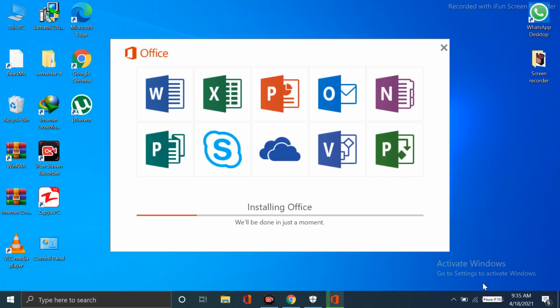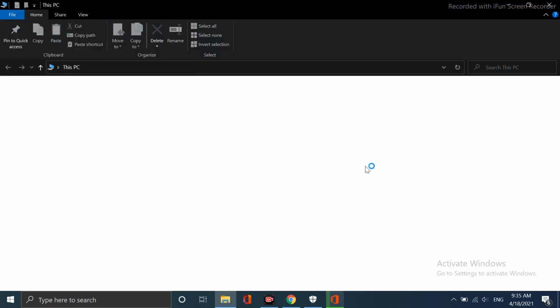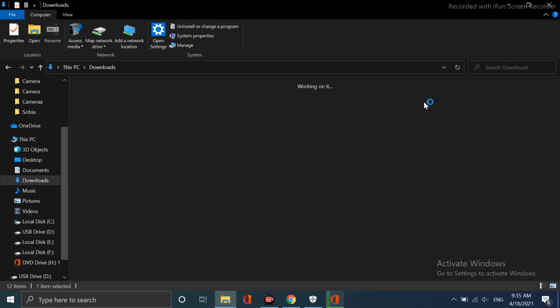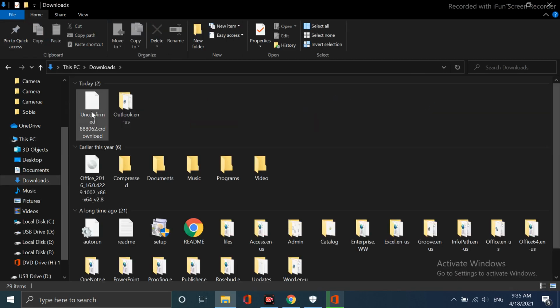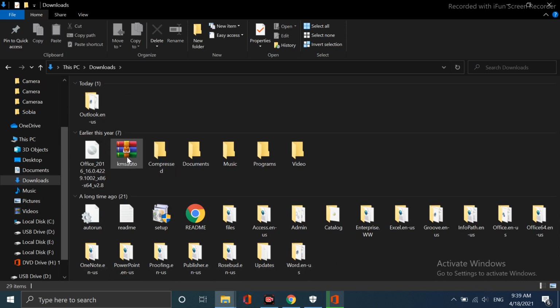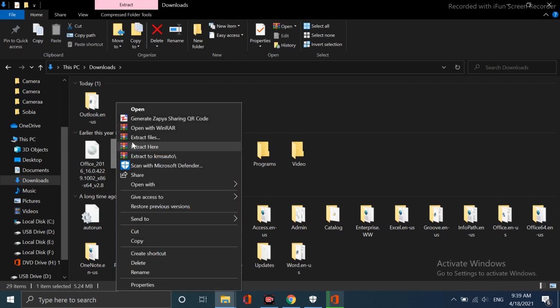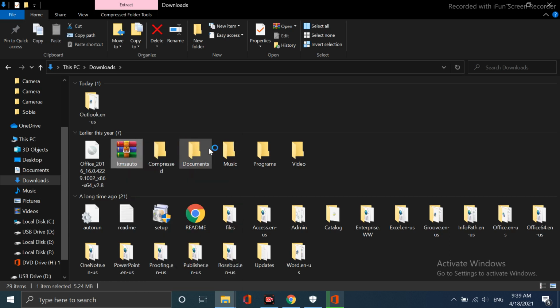After successfully downloading KMS Pico, you are to visit your download folder. Here is your download folder, and it is still unconfirmed, but in a while it will be confirmed because it has not yet been downloaded completely. Now here you can see KMS has been downloaded completely. So first you are to extract it, that is extract here,